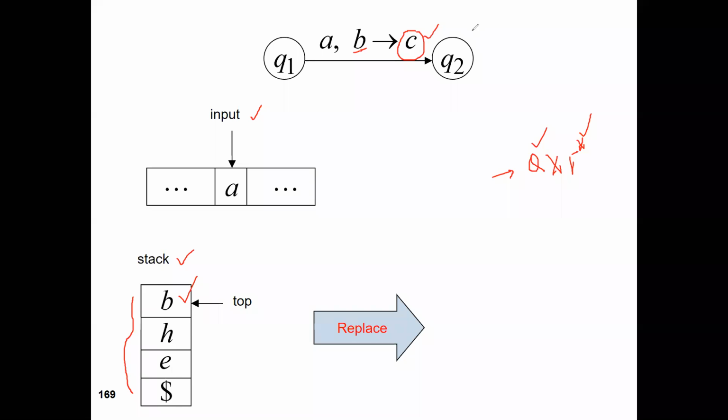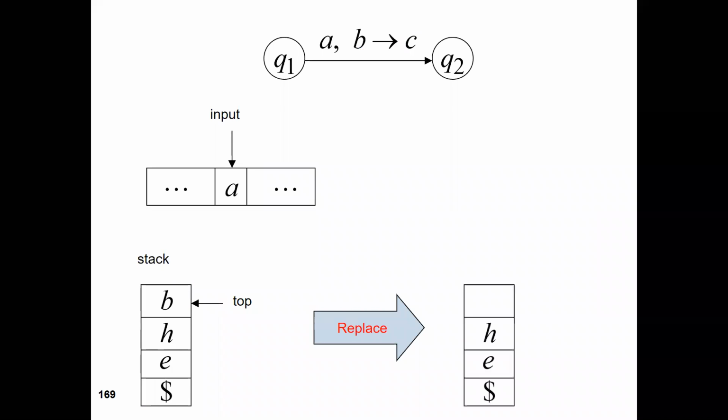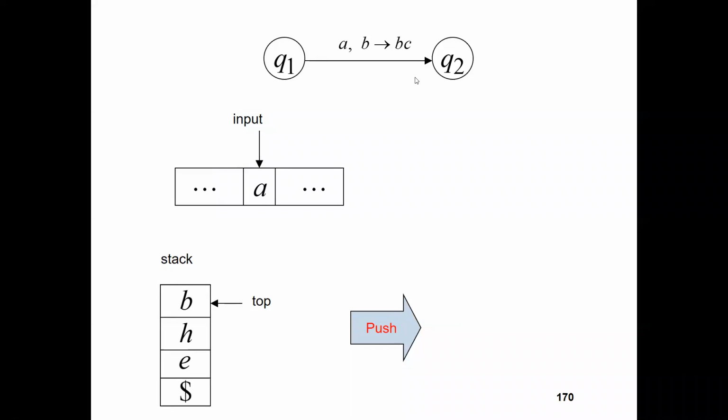So how can we represent the same thing? When you read this and pop out this B, the B will be washed out from the stack. Now C will be pushed into the stack, so the top pointer will point to C. This is the case when we are pushing a single character, a single number or alphabet, to the stack. Now suppose this is another possible case, in which you are pushing two elements into the stack, that is BC.